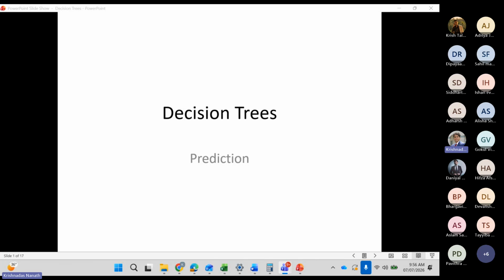We have completed regression as an algorithm, but it was more on Excel, not on Data IQ. We have moved on to logistic regression, which we have also completed, which is a categorical prediction supervised learning. Today we'll be starting a new algorithm, called decision tree, on brand new data. It's going to be a new project. After today's session, you will have two more algorithms in your bag, decision tree and random forest. I'll tell you the difference between these two.